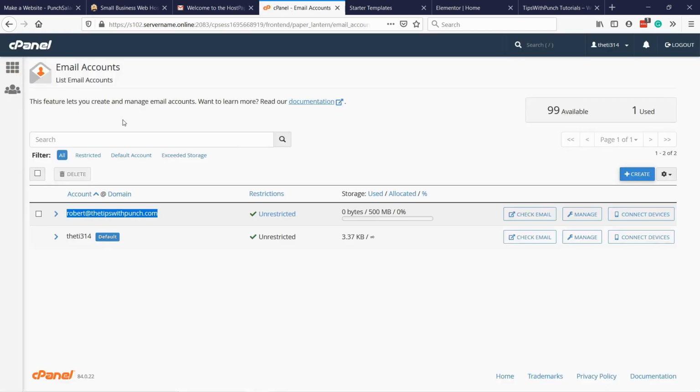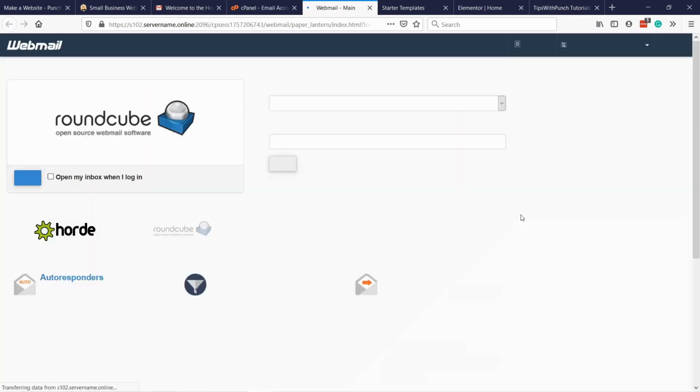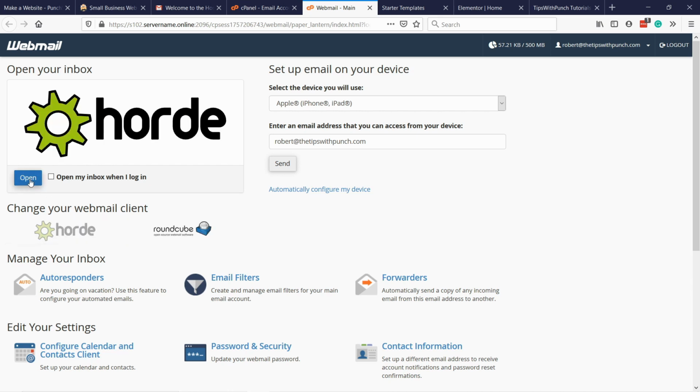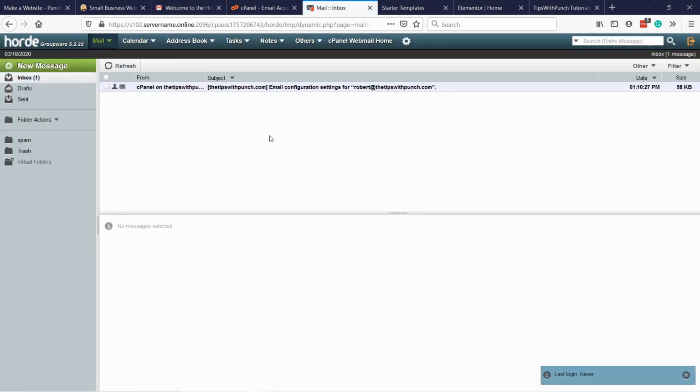And then back to cPanel. And then here you have check email. If you click on it, here you can see it directly in your window. Let's say I choose this Horde and open. You'll see here that there's this welcome email,